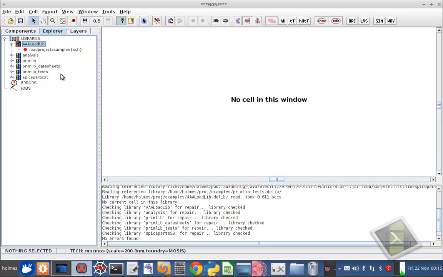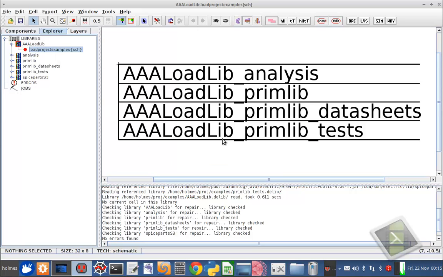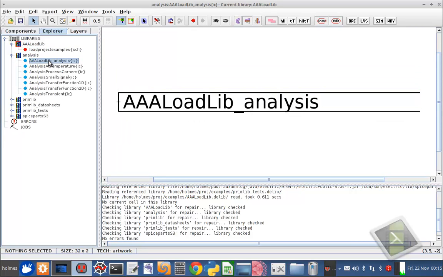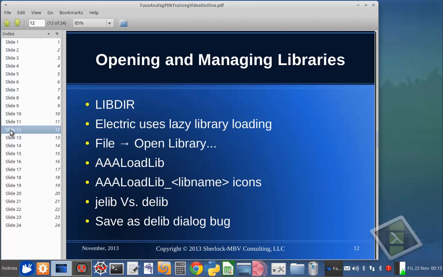And the libraries that are loaded in the order that's found in this particular schematic. So these are icons, and you can find these icons in every library. So by putting this icon in a single schematic, it's essentially a library list. The way that Electric works is that it uses a lazy library loading process, so it's always loading a minimal